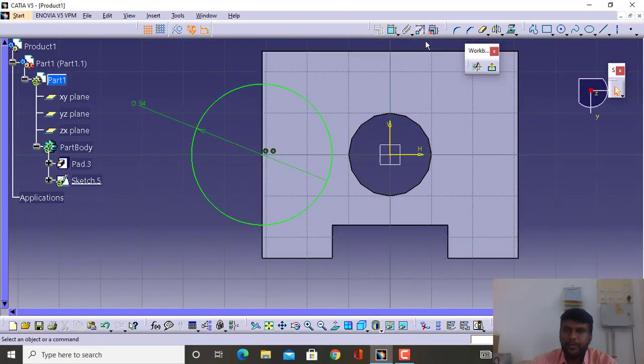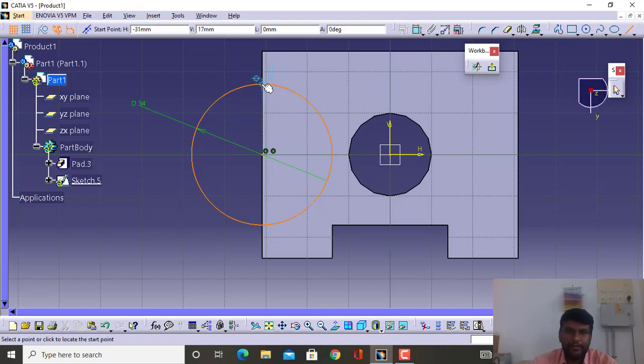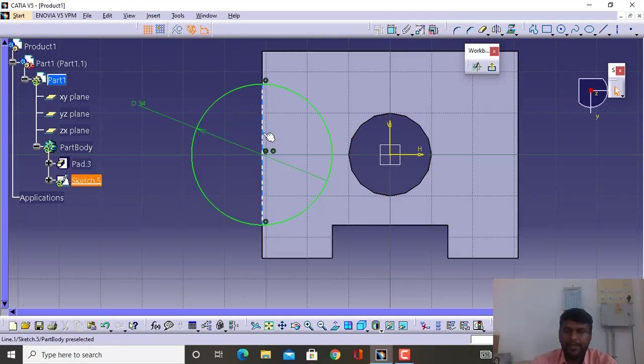Next thing is we need to cut half of the circle. Just we take a line command and create a line starting from this point to the end point. Once you create a line, then we delete or erase half of the circle. Just select the quick trim and erase. See here, once all the geometrical entities or the lines are green, then only we need to exit.